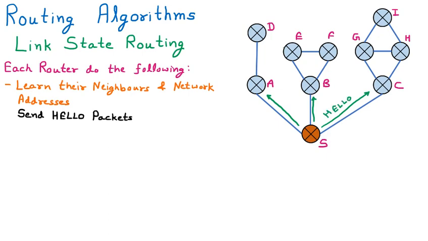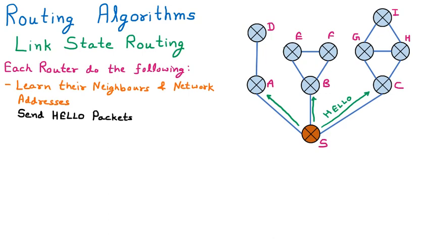To understand this technique, I am giving you a real life example. Let us suppose I am a student going into a class. I am new and I don't know everybody. So those sitting nearby, I will send them hello. Those people who reply back are my neighbors. Similarly, S has nearby routers A, B and C, and S sends the hello packet to everyone. Hello means hello from my side. Those who reply are the neighbors.